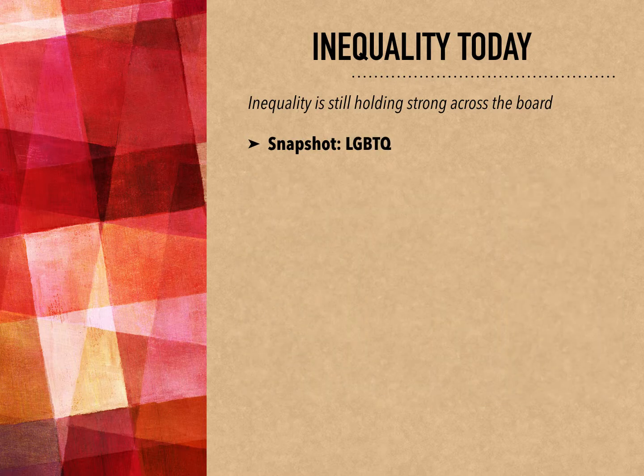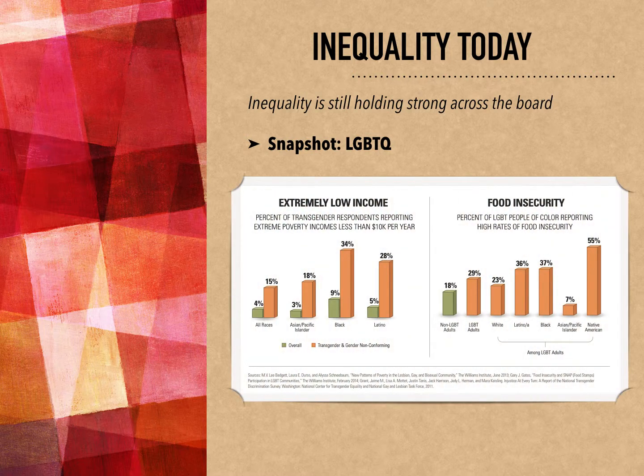Of the 10 million people who identify as LGBTQ, approximately 40% identify themselves as people of color. When the Center for American Progress surveyed LGBTQ people of color, they found that those who identify as Black and/or Hispanic are more likely to live in poverty, experience food insecurity, and have less access to the resources they need to obtain higher wages.